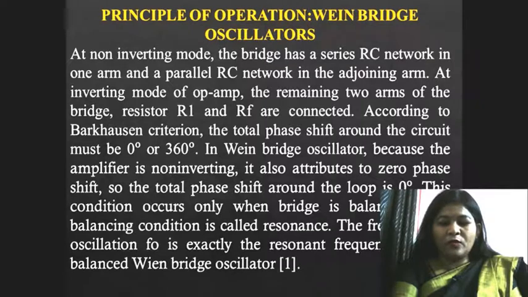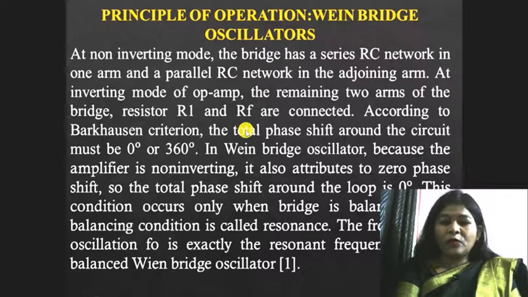Now the basic working of the Wien-Bridge oscillator is this. At non-inverting mode, we had already discussed the circuitry of the Wien-Bridge oscillator, the bridge has a series RC network in one arm and a parallel RC network in the adjoining arm. At inverting mode of the op-amp, the remaining two arms of the bridge, resistors R1 and RF, are connected. So at this mode R1 and RF are connected, and according to the Barkhausen criteria,